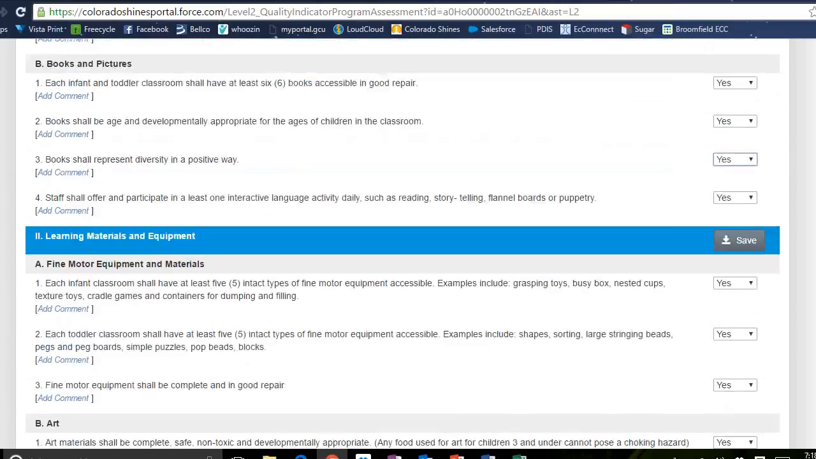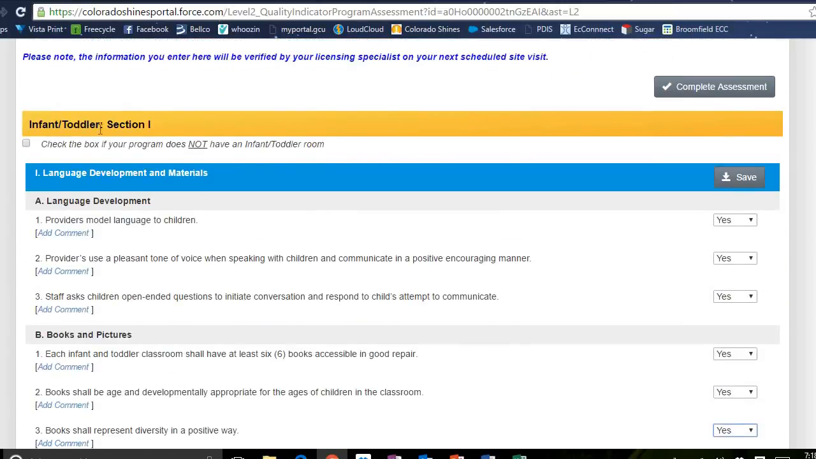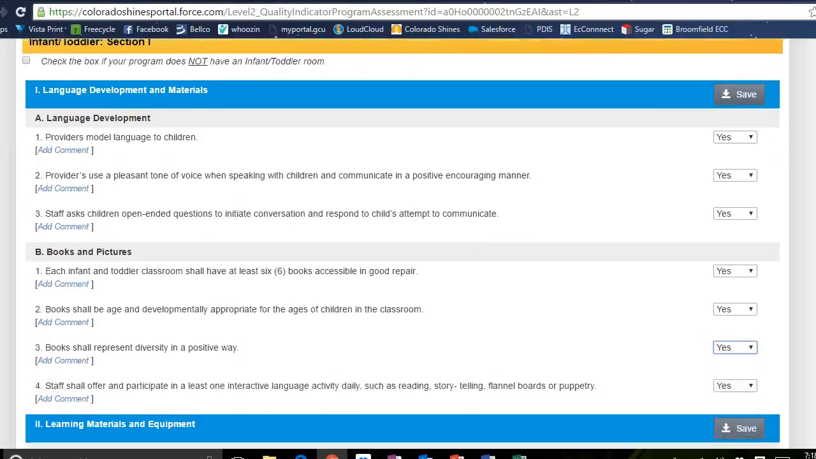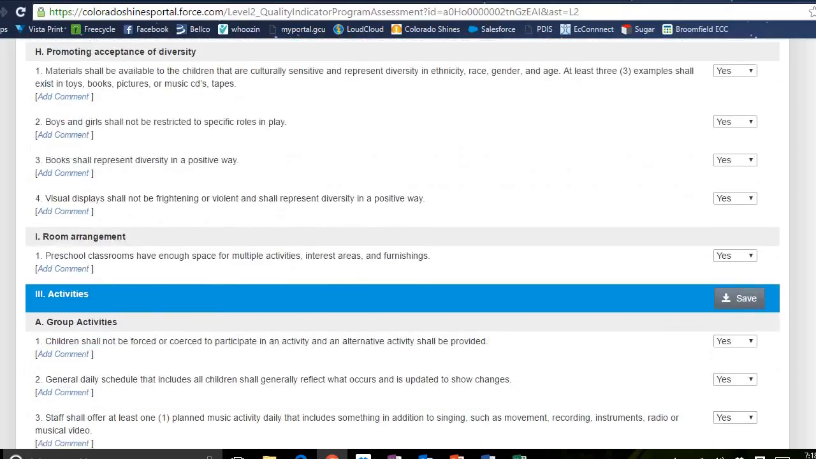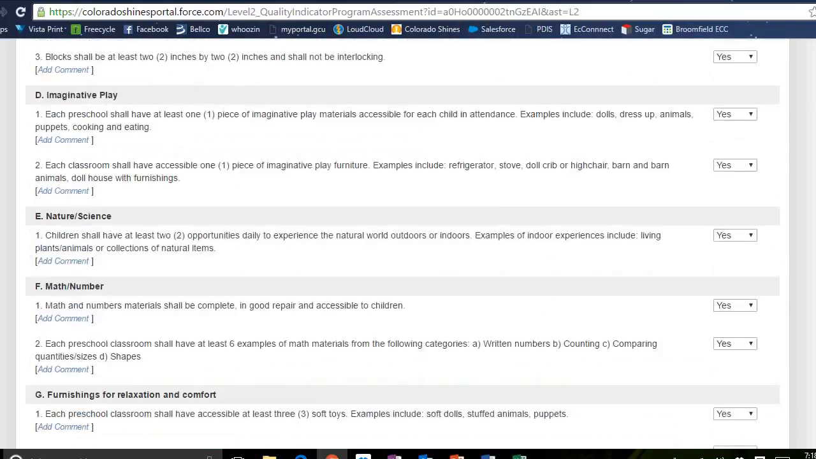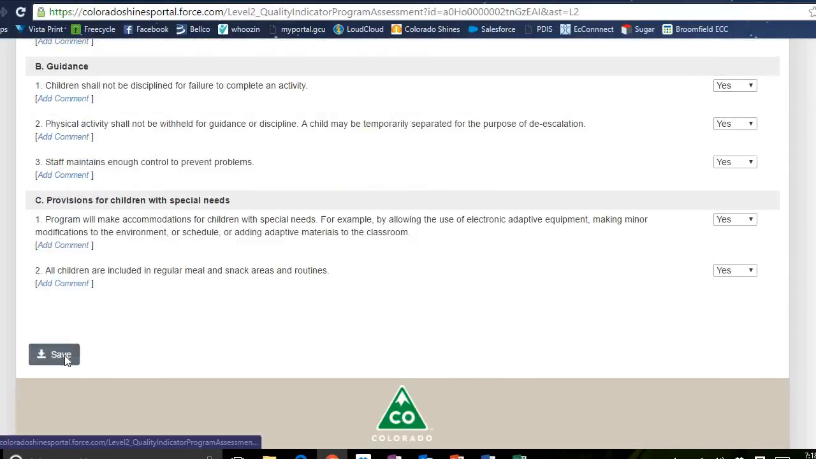If by chance you don't take infants and toddlers and you only have preschoolers, there is a box under the category that says check this box if you don't have infant and toddler rooms. So again, that's wording for a center, not a home provider. But basically, if you do not take any infants or toddlers, you would click this box. Perhaps you take toddlers but not infants, you would still need to answer all of these questions if you're caring for toddlers. So once you get all done and you scroll all the way to the bottom, you would again hit the save button